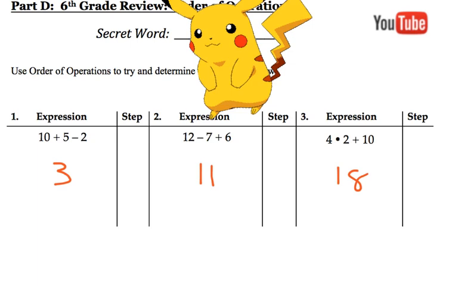The secret word for this part is Pikachu, my favorite Pokemon, and yes, Mr. Sarley is a dork. But moving on past that,